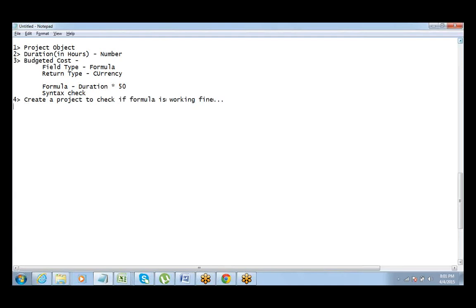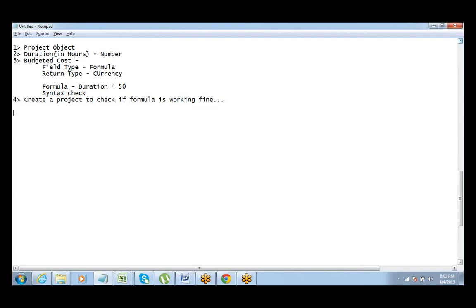Okay, let's quickly create a project to check if the formula is working fine. Okay, so I hope the project is created and it's working fine for everyone.